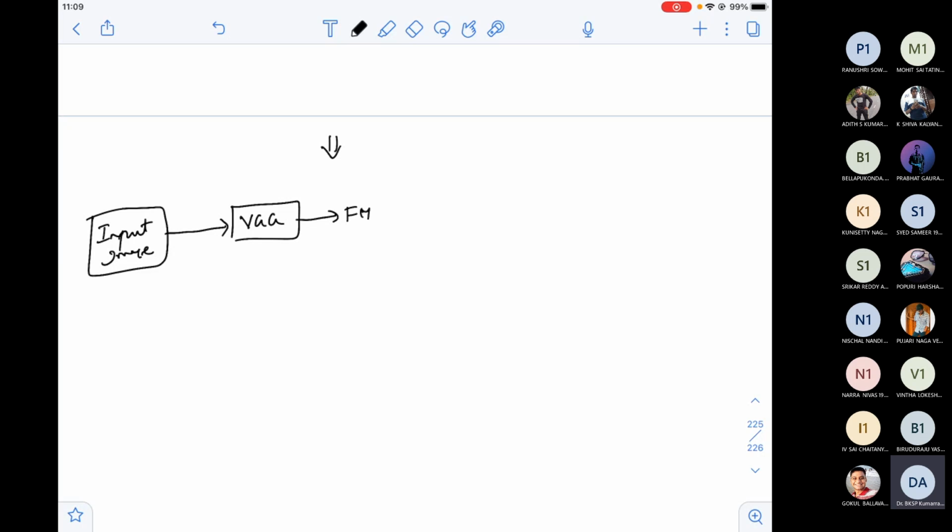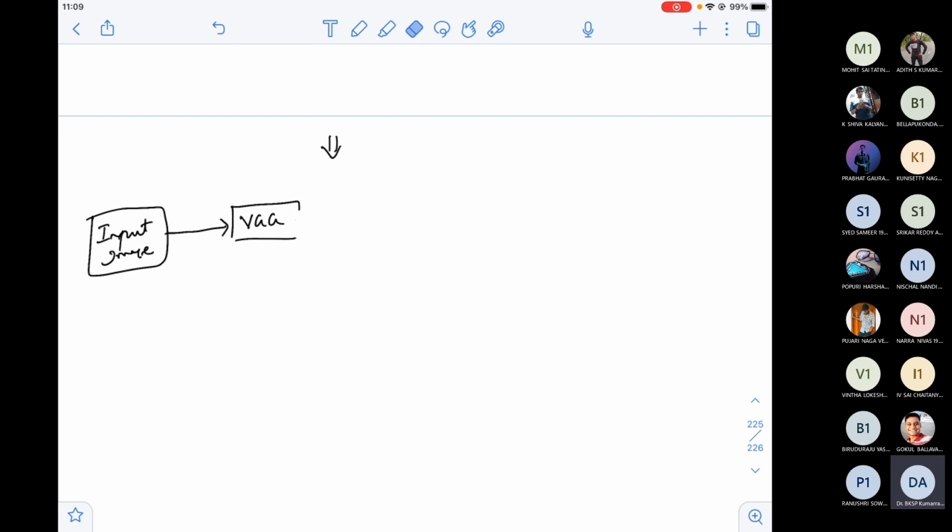Let me be very precise here, instead of writing a general flow. Once I apply VGG, you would get an output of size 60 cross 40, with a depth of 512.